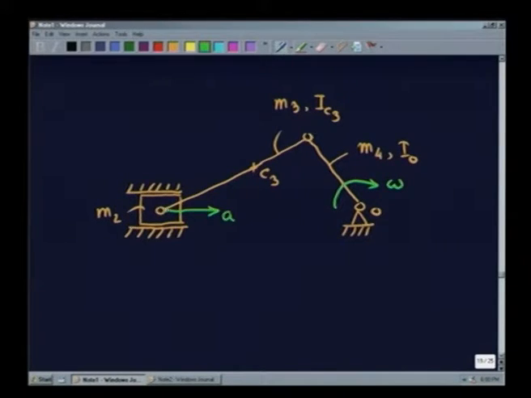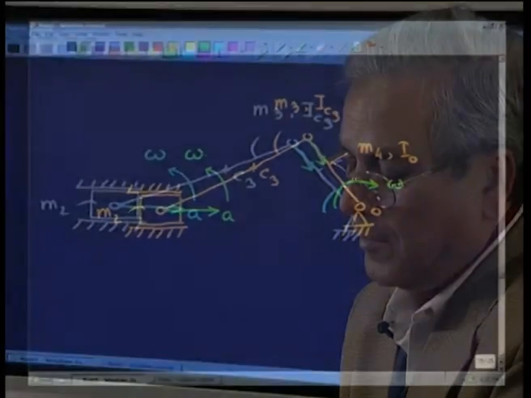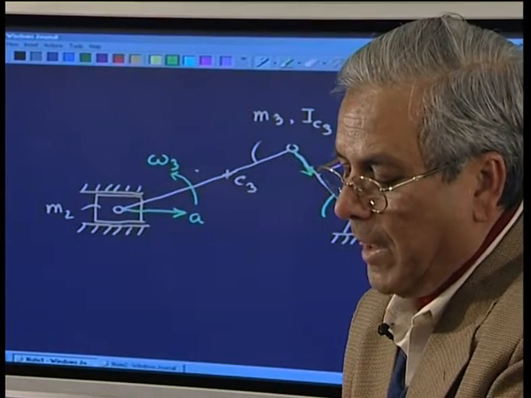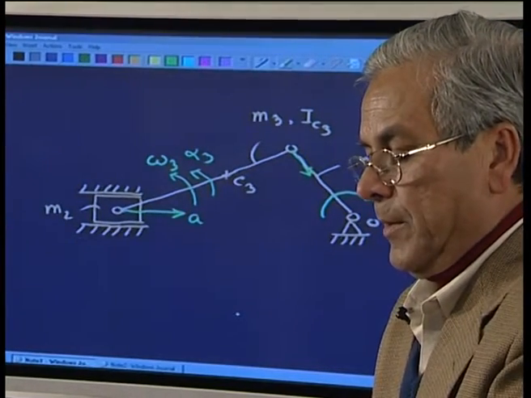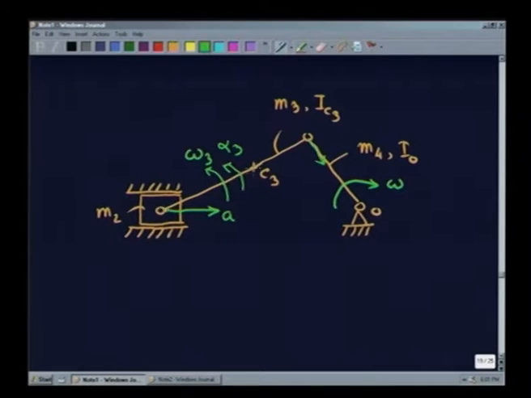Now, this point is having an acceleration in this direction, a centripetal acceleration, and this has an angular velocity maybe in this direction, and it may also have some angular acceleration in this direction, alpha 3, and this center of mass has some acceleration like this. So, we know now the complete motion of the connecting rod. So, if we separate it out,